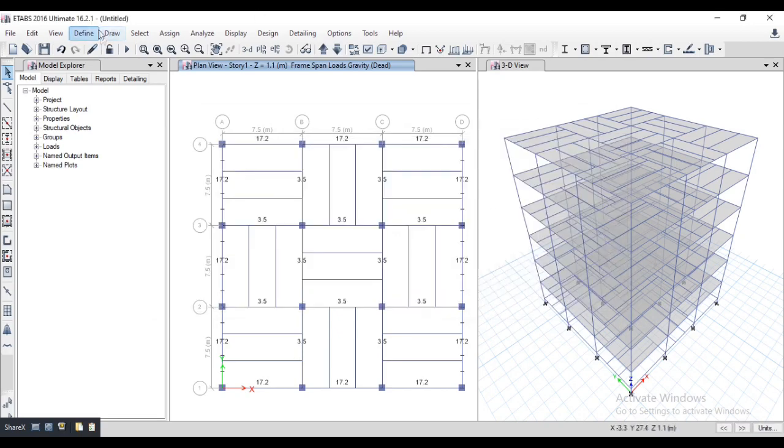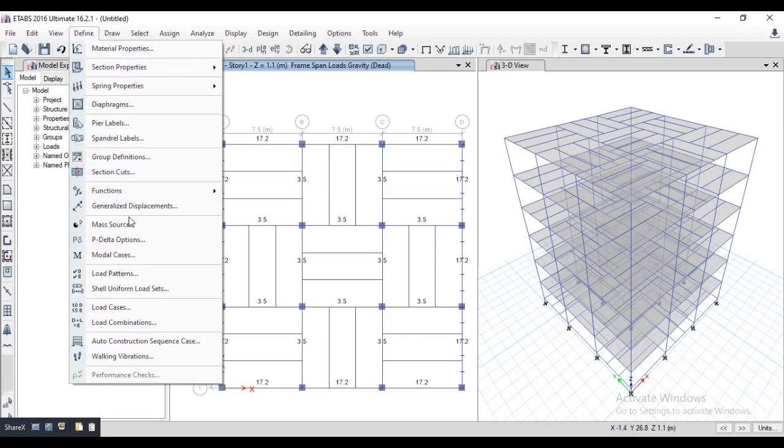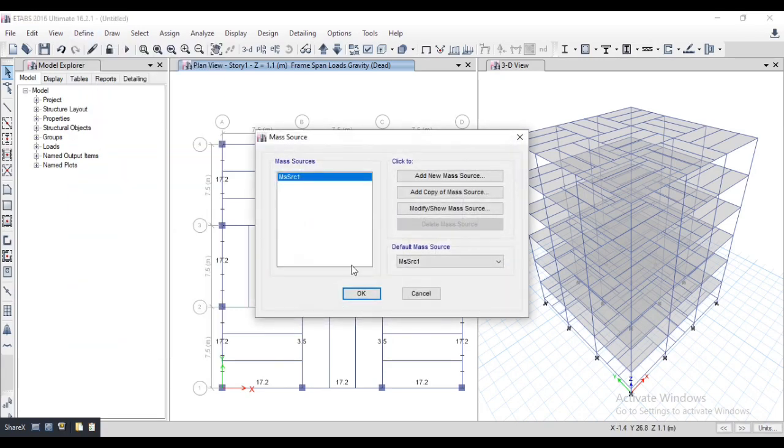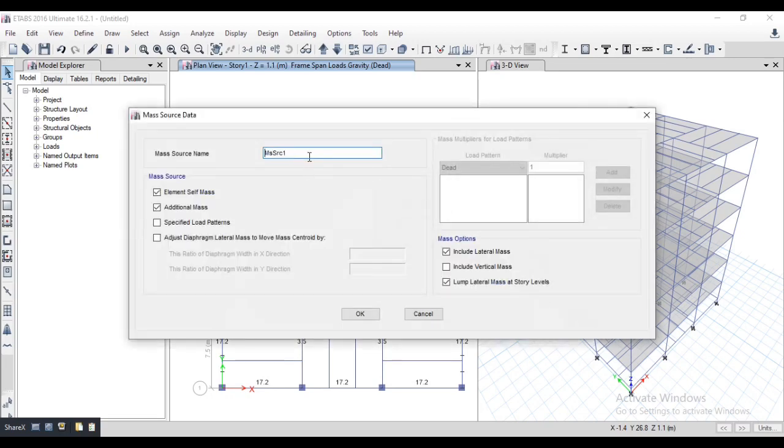Earthquake load is successfully assigned. After this, we will assign mass source. In the mass source, we will define how much percent load we have to take in the structure. Generally, mass source is used for earthquake analysis. According to IS 1893-2016 Part 2, we are taking mass source, sorry, dead load is 1.